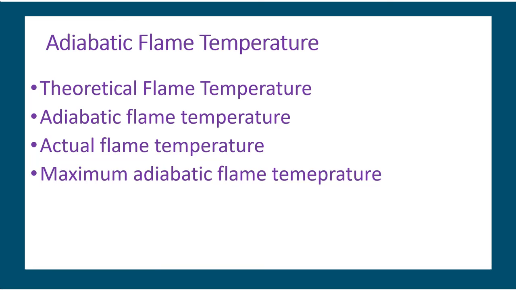Actually, in industrial practice, when the fuel is burned in well insulated furnaces, what happens? In furnaces we will have insulation layers, right? So even if you are burning the fuel in well insulated furnaces, heat loss is bound to be there due to radiation from the surface. Therefore, the actual flame temperature will be less than the adiabatic or theoretical flame temperature. This difference we should know. The actual flame temperature will always be less than the theoretical flame temperature. So we can always determine the adiabatic flame temperature to know that the actual flame temperature is going to be less than it.